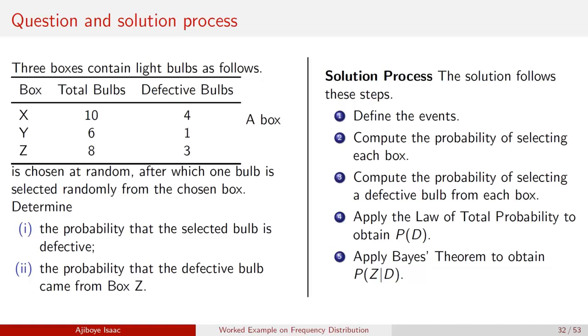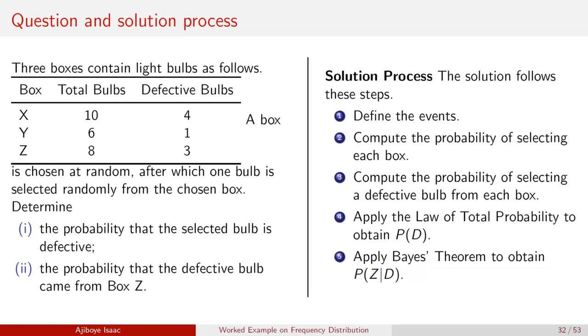Three boxes contain light bulbs as follows: box X, box Y, and box Z, each with a total number of bulbs, out of which some are defective. A box is chosen at random, after which one bulb is selected randomly from the chosen box. We want to determine the probability that the selected bulb is defective and the probability that the defective bulb